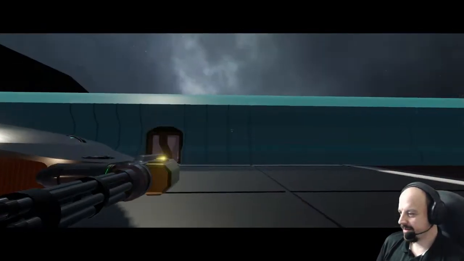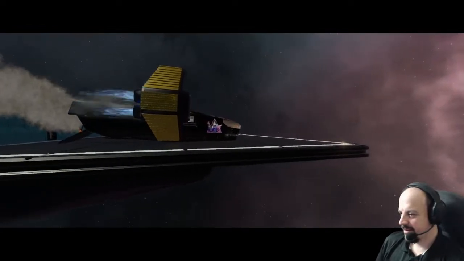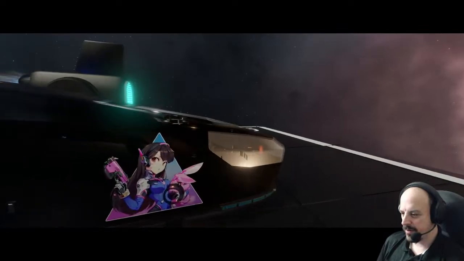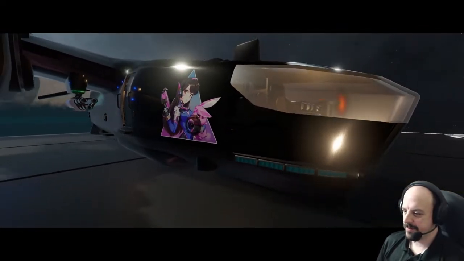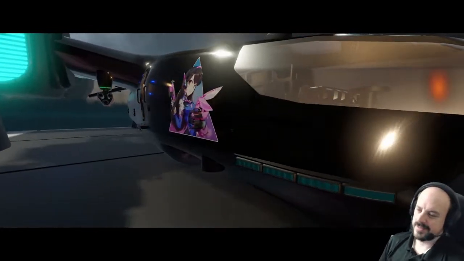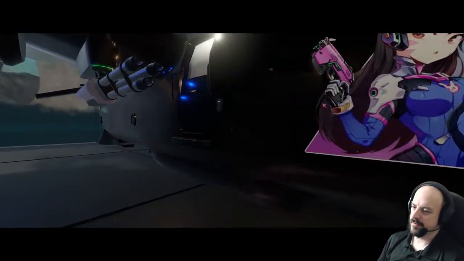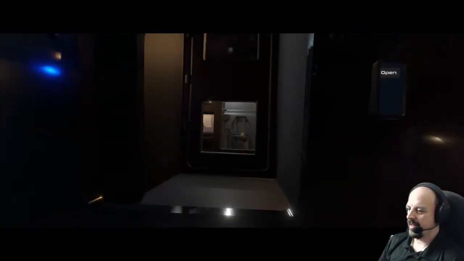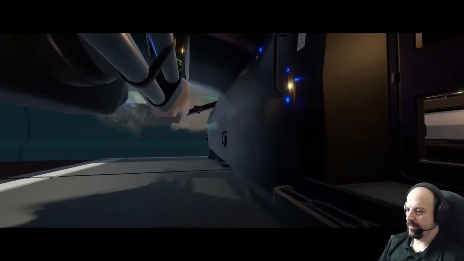It's Diva. Diva from Overwatch, and I did it as a meme because when I first made the ship colorizer, whatever you want to call it, I made it pink. So when I did a screenshot for the Discord, I had to have a hot pink Diva.